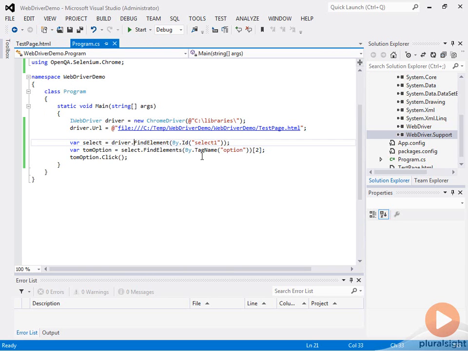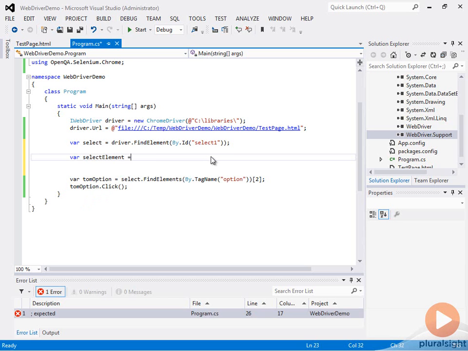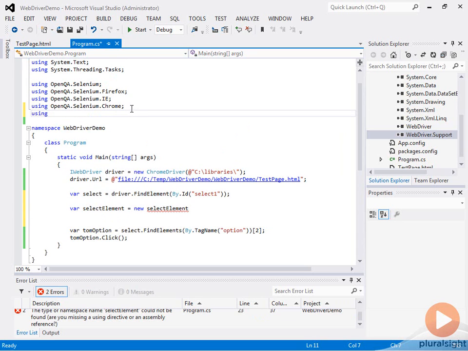So what we're actually going to utilize in this case is a select element. And this wraps an element just to give it some more abilities that you wouldn't be able to do with a normal element. So what we can do here is, instead of this code here, we're going to go ahead and create our select element here, and we're going to do a new select element. And in order to do that, we need to import a new namespace. So we'll do using